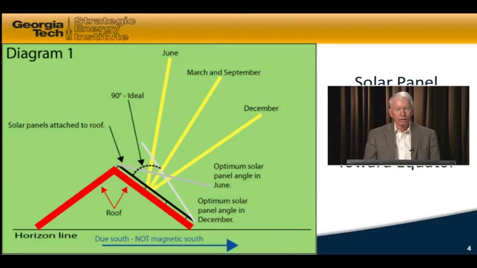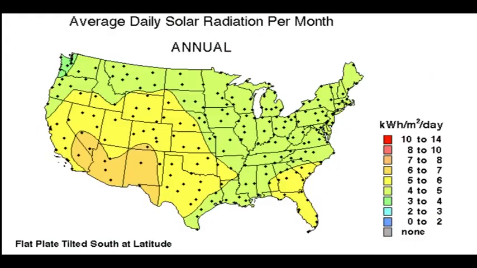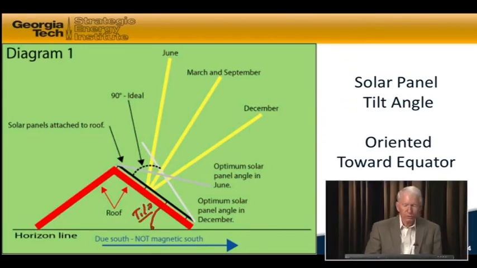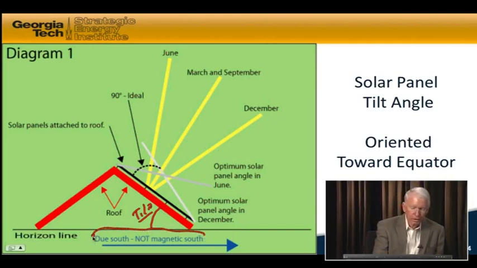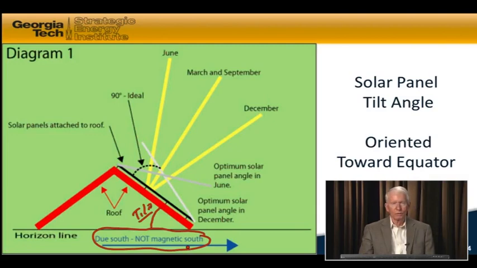sides of buildings. Again, just to remind us what we saw last time, this is what we're talking about here, and the tilt angle that we're talking about is this one right here. This is the tilt angle that we refer to, and this diagram is written for the northern hemisphere because it talks about tilting it to the south. That's going to hurt you if you're in the southern hemisphere and you tilt it to the south. But it's drawn for the northern hemisphere,